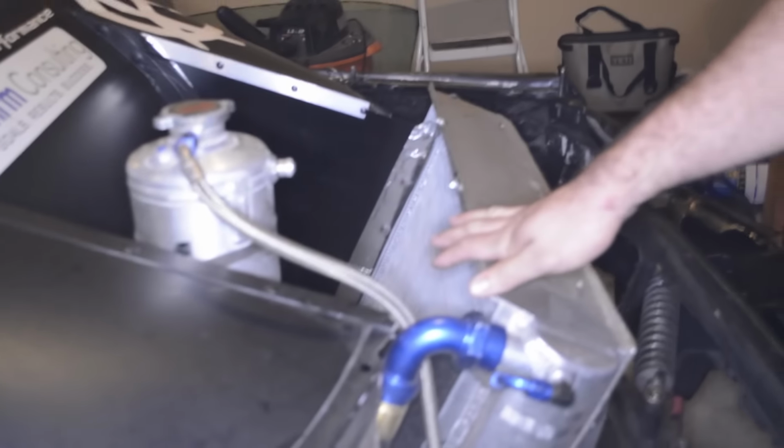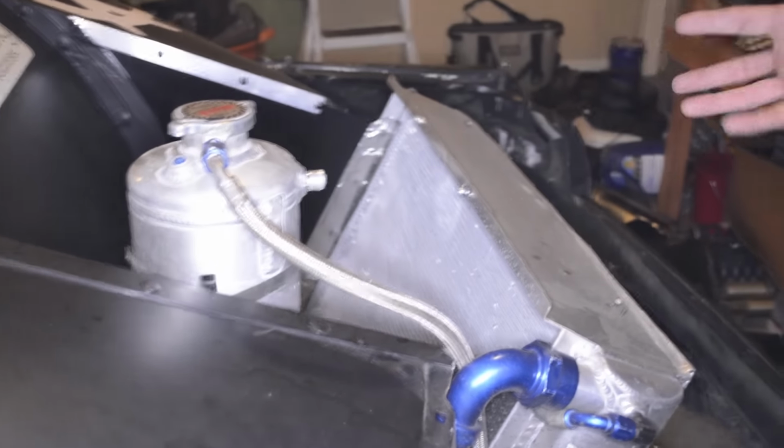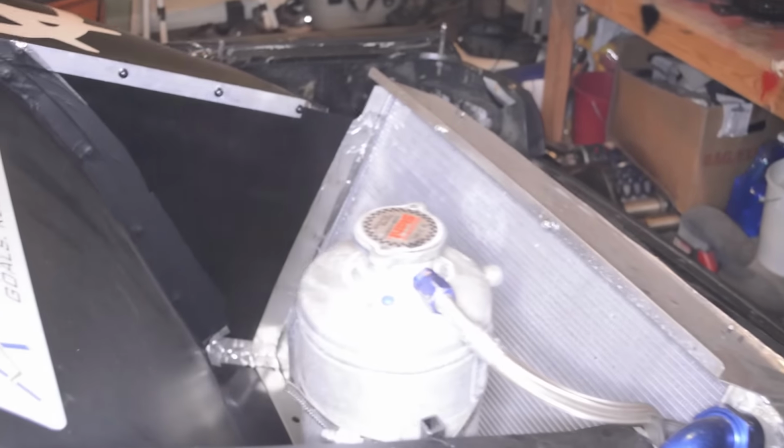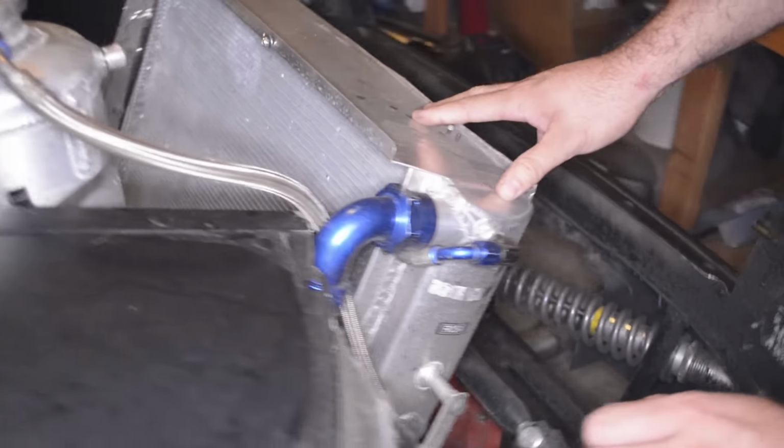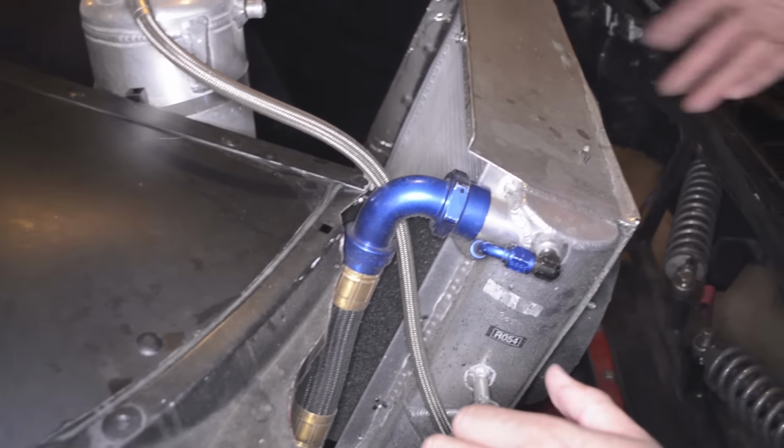So, coming back to the back, got a CNR radiator. This is actually one of the radiators that they use in NASCAR. It's just a little bit different because it doesn't have the heat exchanger in it for the oil, but this is a 2-row double pass radiator. It's really big, obviously, and we got some ductwork going down in here to try and get as much airflow